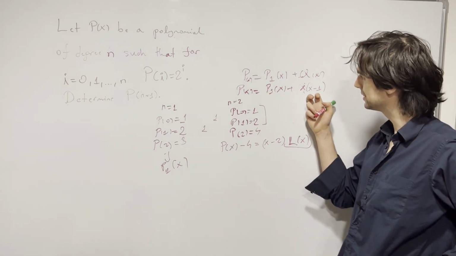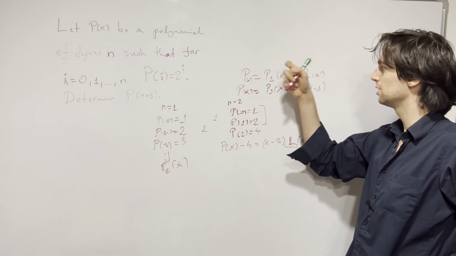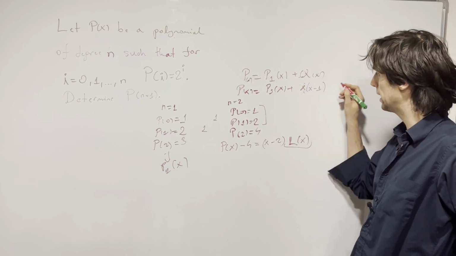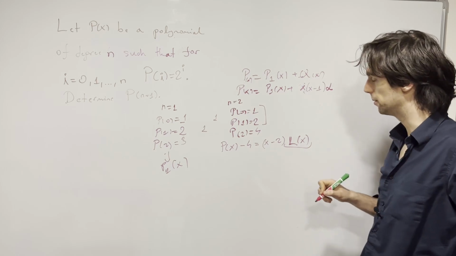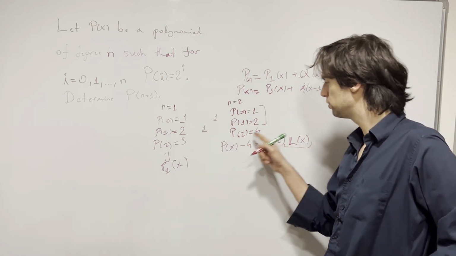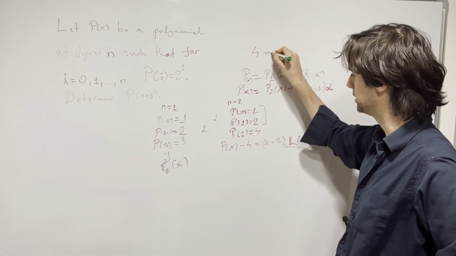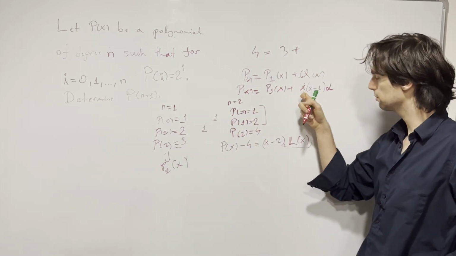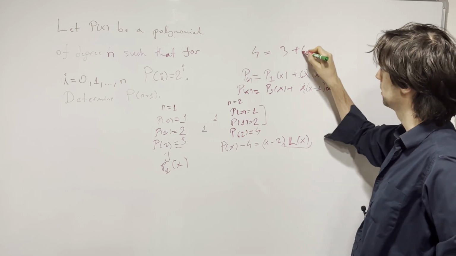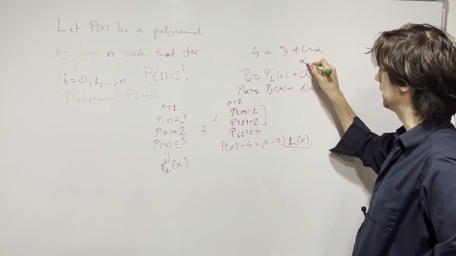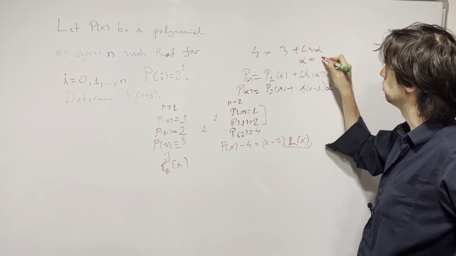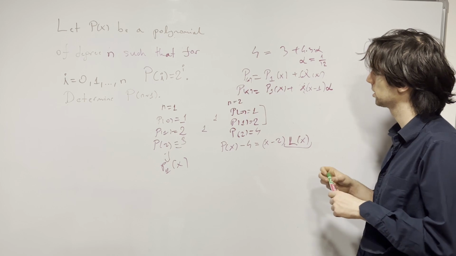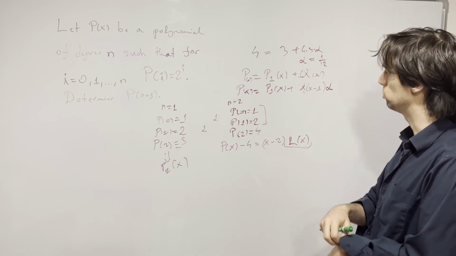And then because this polynomial is quadratic, and this one is quadratic, that means here we only have a constant term, say alpha. And now p of 2 is 4, that means we have 4 is equal to what we had here, is equal to 3 plus 2 times 1 times alpha, which gives us an alpha that is equal to 1 over 12. If I've not made a mistake, that is. And now if the alpha is equal to 1 over 12,